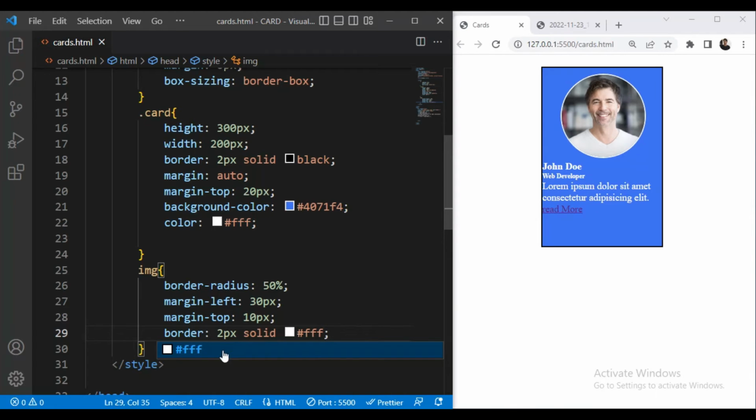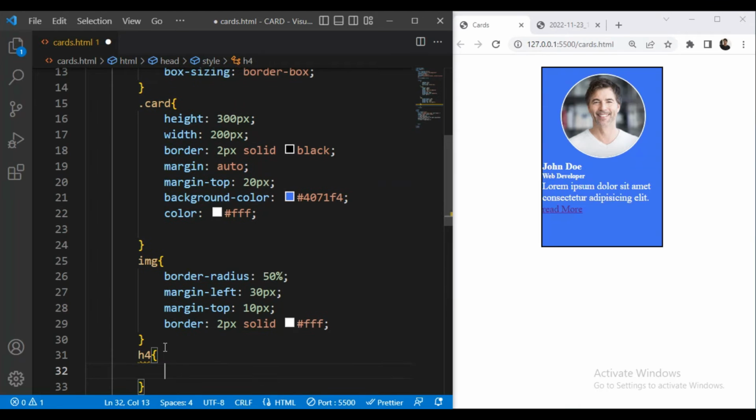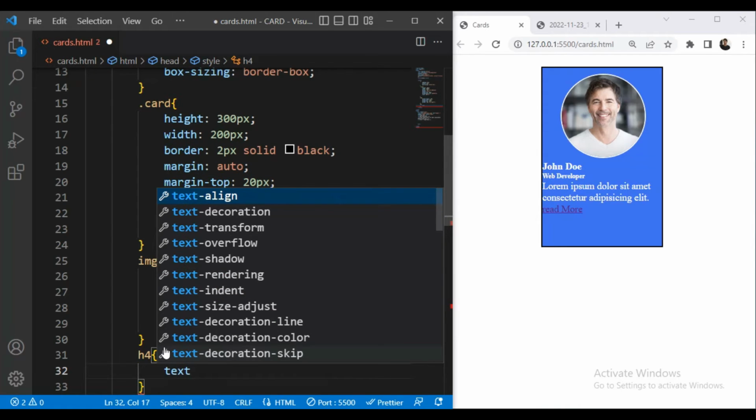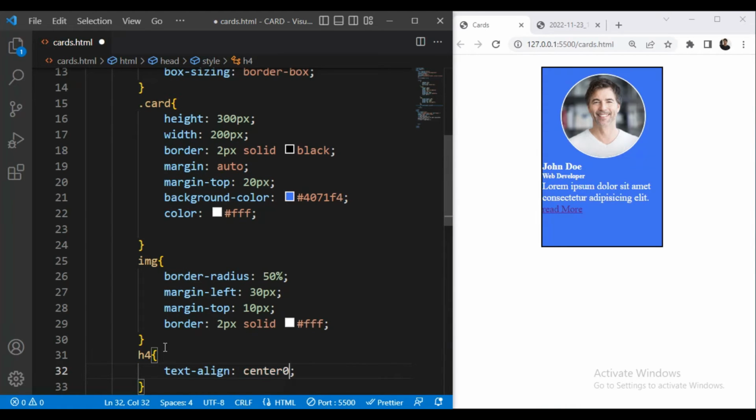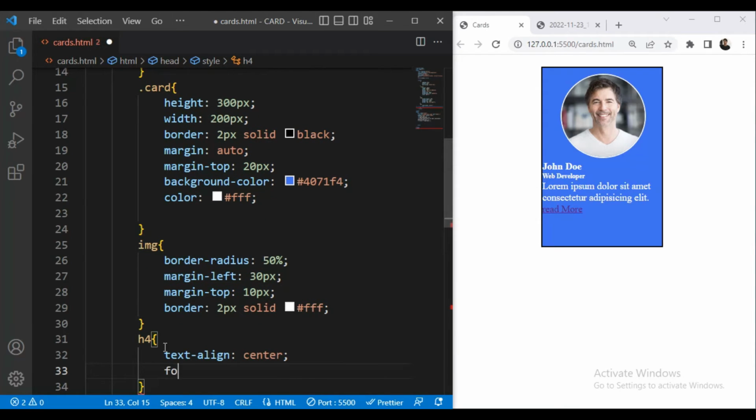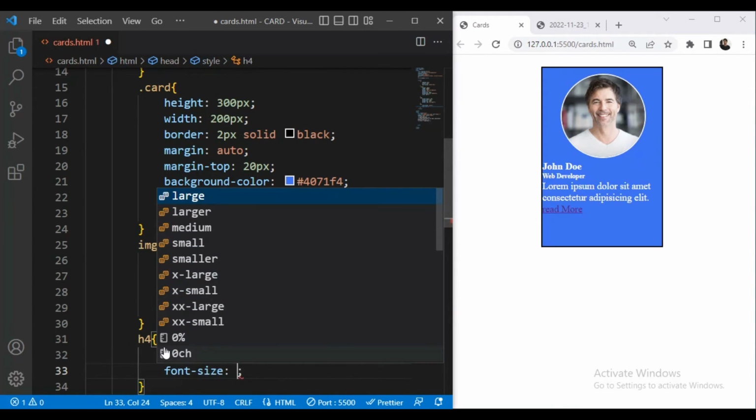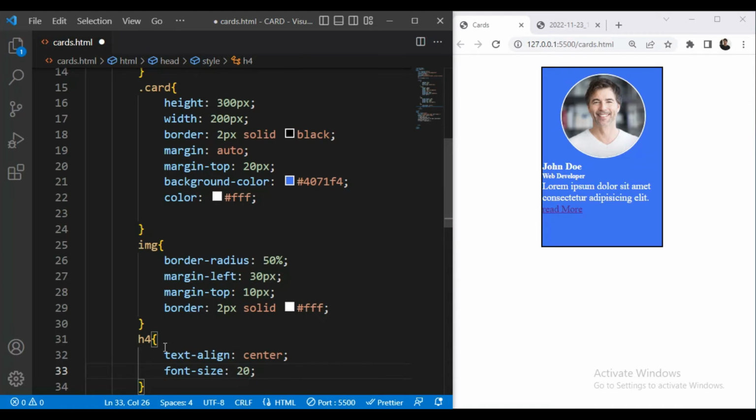Then next we'll take h4 selector, and text align will be center, and font size will be 20 pixels.